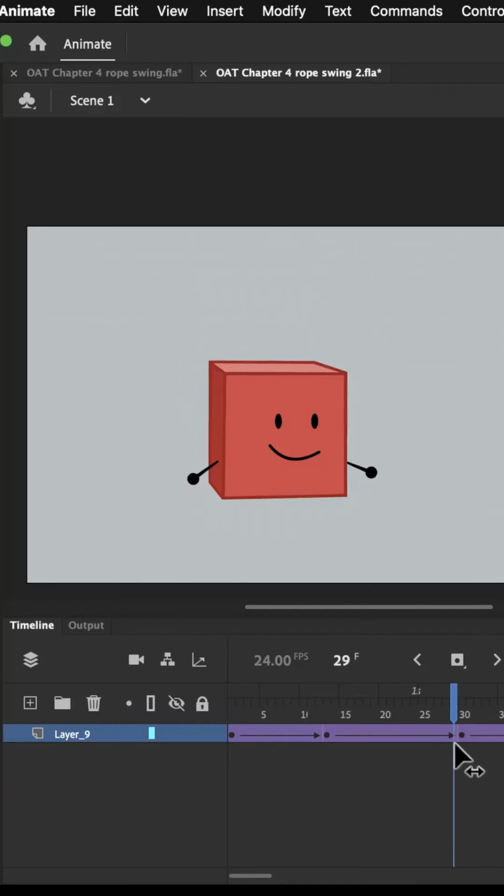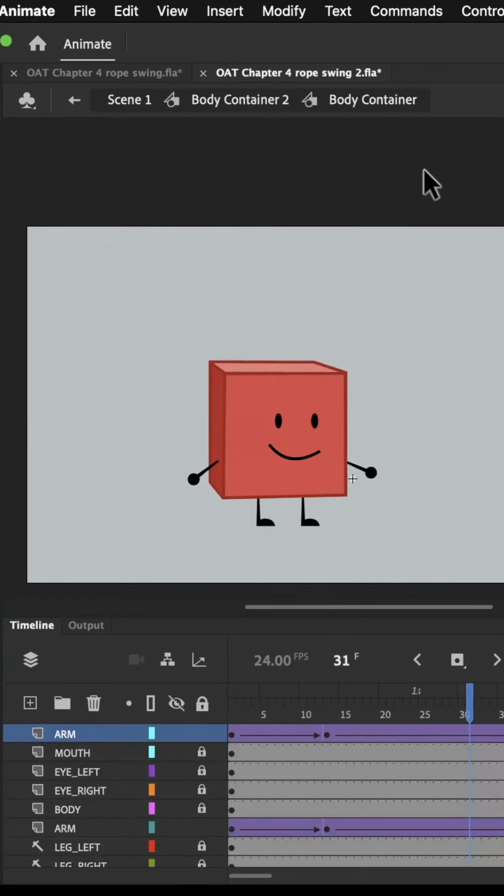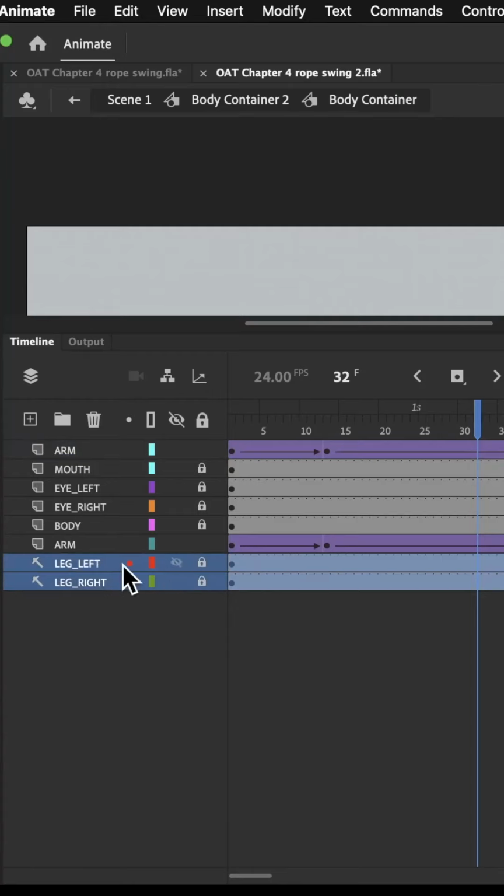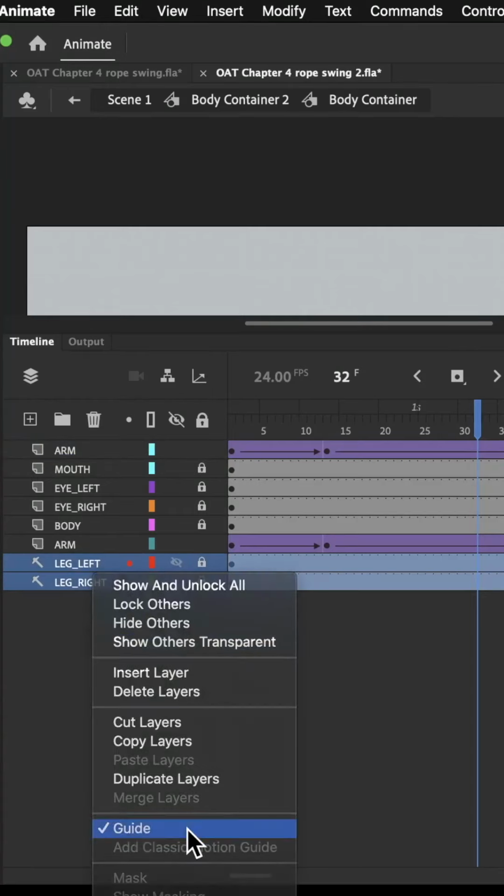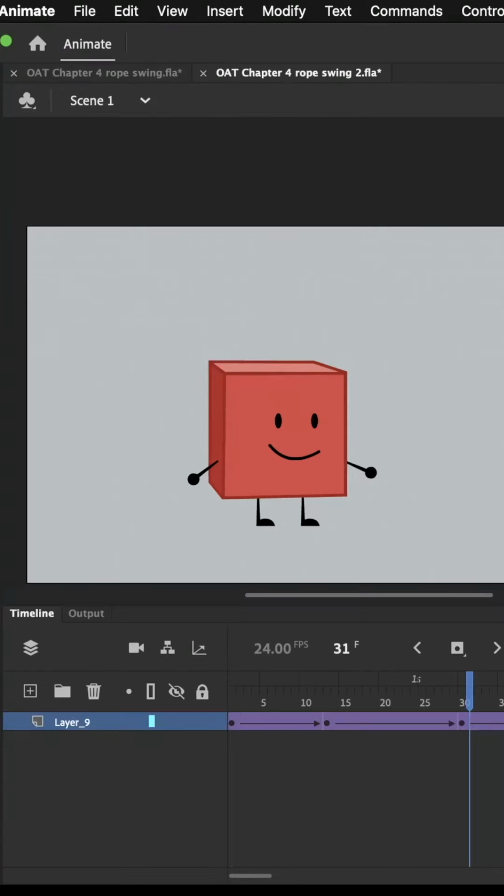Look at that. All of this staggered motion really gives Blocky a feeling of weight. Now all he needs are some legs. Let's bring back the legs by choosing the selection tool and then diving back inside so we're editing body container. We'll select the leg layers and then uncheck the guide option. Now if we go back to the main timeline,